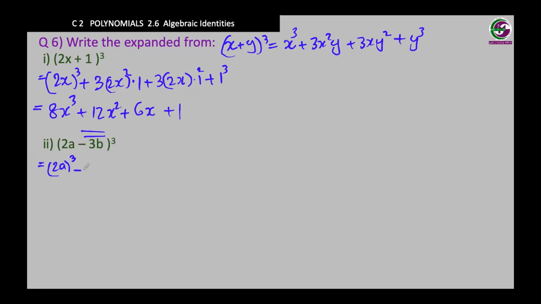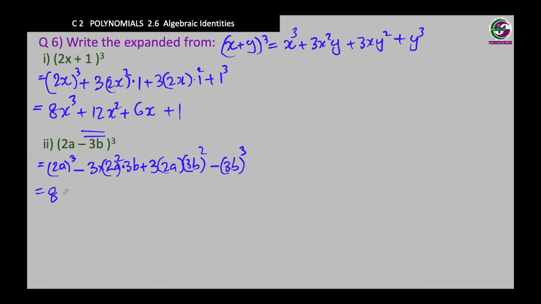So plus minus. So 3 times first term times the second term plus 3 times, square first term times the square of the second term minus cube of the last term or second term, which is equal to